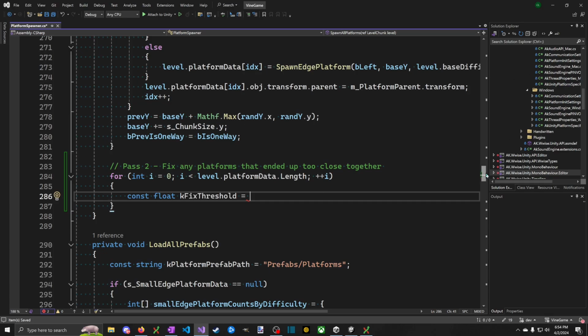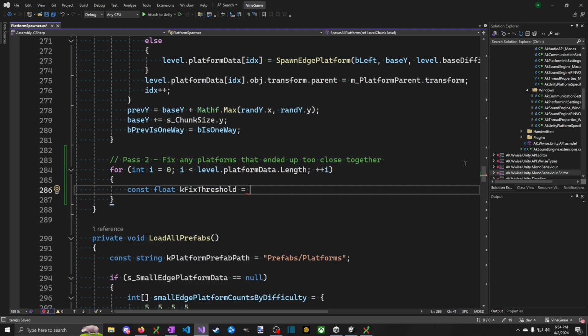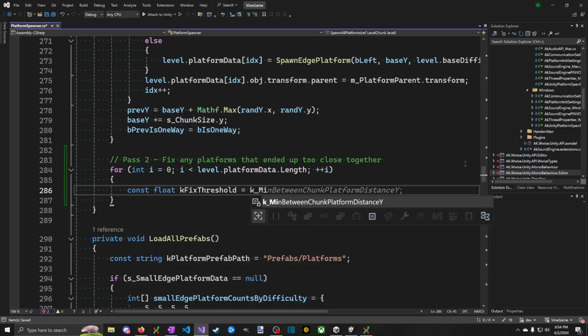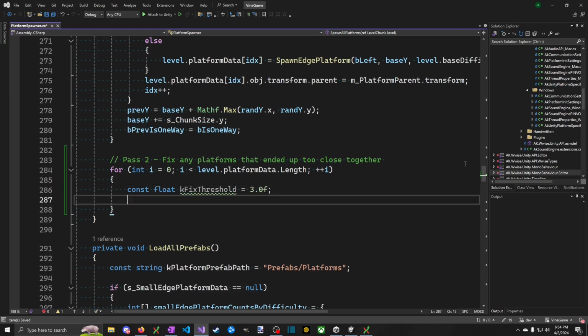I guess just trying to think what it should be. I don't know. Say 3. We can mess with this, and then we know we're messing with this specifically. All right. So we can also say